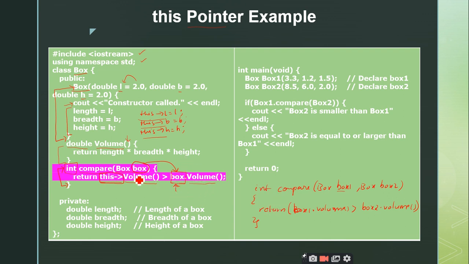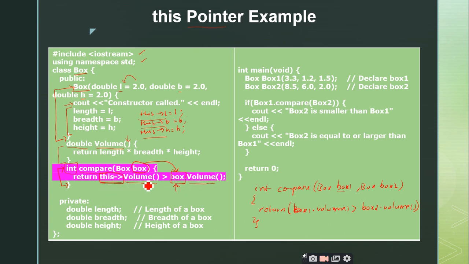But here I am not taking two parameters. Even though I am comparing two objects, I am taking only one parameter, and implicitly, as I know that the current object address is stored inside this pointer, I am taking advantage of that particular concept and I am making use of only one parameter for taking the volume of the second box, right?